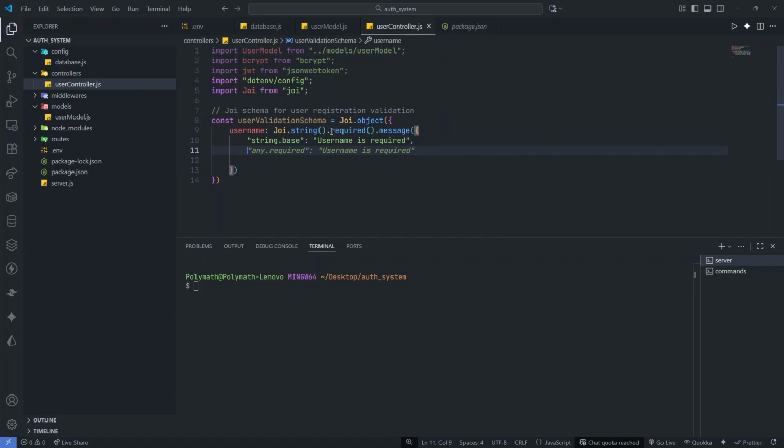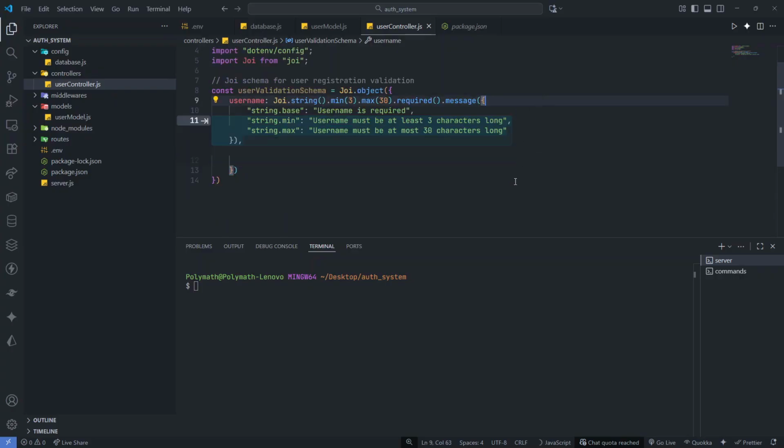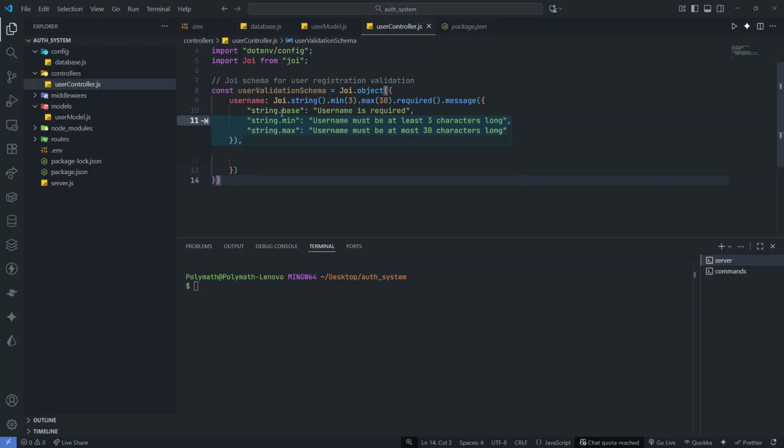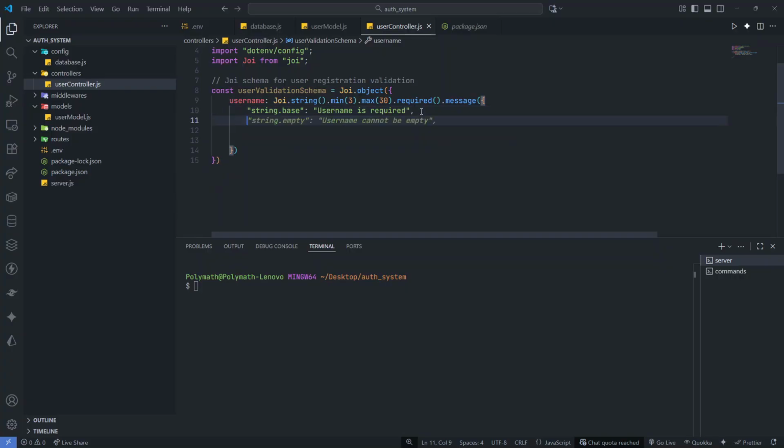We didn't write the minimum values here, so we'll say dot min and then the max. So the minimum characters that are required for a username is 3, the maximum is 30, and is always required. So we bring in a message here which says that string.base, the username is what's required. Okay, then in case the string, whatever is provided, if it's empty, we'll say username cannot be empty. All right, I think it is literally the same as the other one, so we can ignore this for now and use